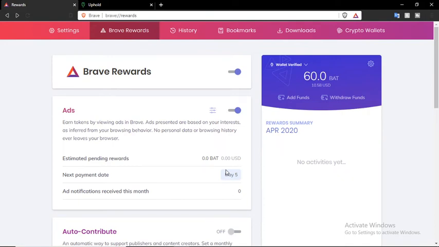Today I am sharing with you how you can withdraw your cash from your Brave browser to Uphold, and from that you can easily redeem your money to a credit card or your bank account. So let's get started. First of all, if you haven't downloaded the Brave browser yet, I would like to request you